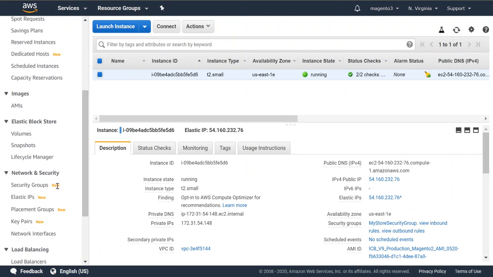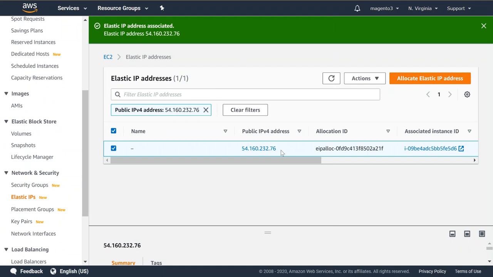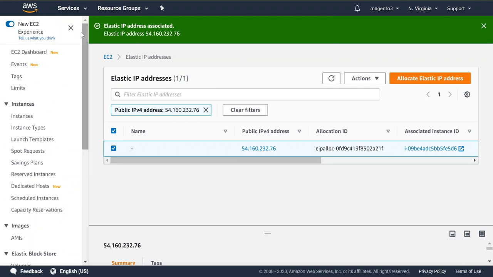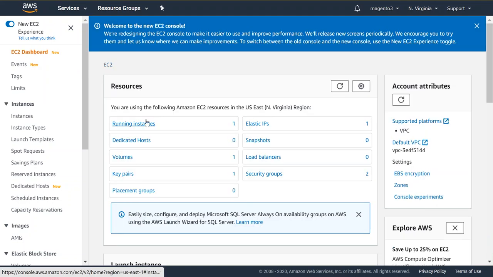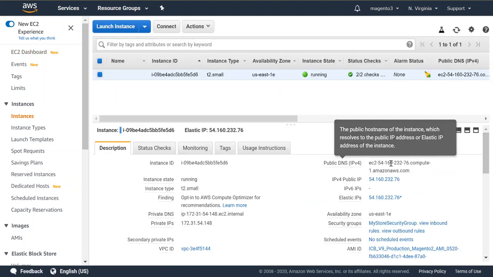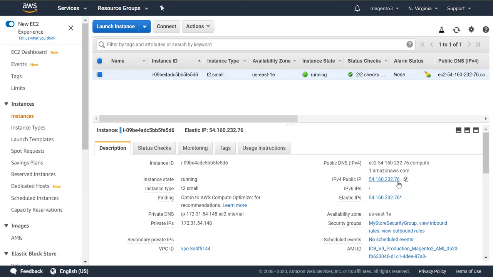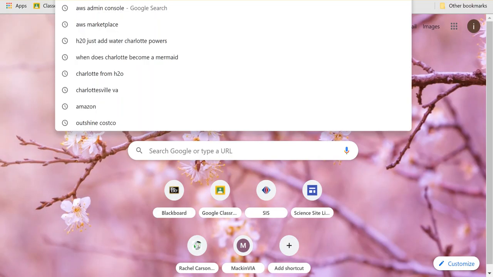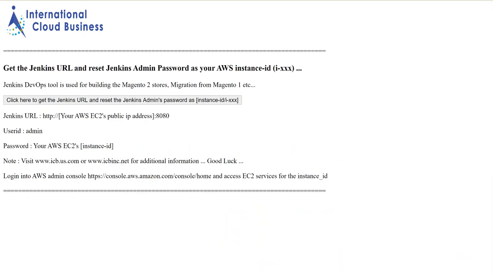You see that this Elastic IP address is 76 and your server IP address is .76. Okay, this is your IP address for your store. Later you can change your DNS entry on your domain, but this IP address will help you. Copy this one. Click copy to clipboard,